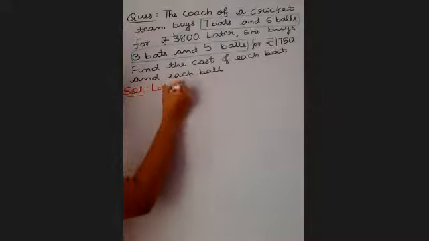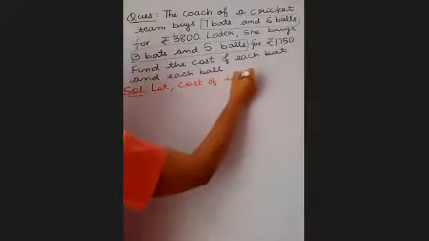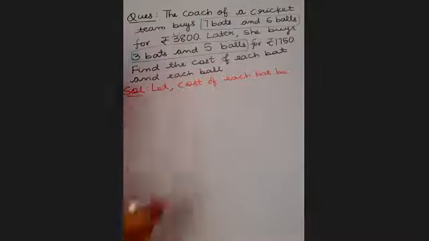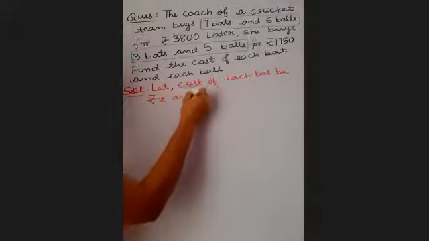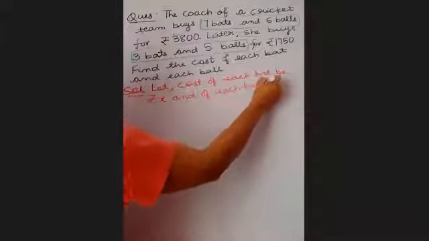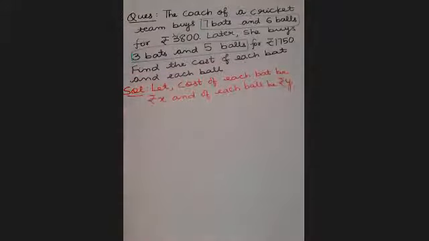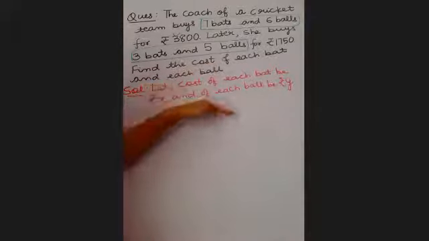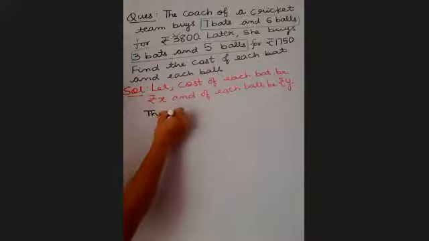Let the cost of each bat be rupees X and of each ball be rupees Y. That is the first step we have done: we have assigned the variables to the unknowns. Second step, then,